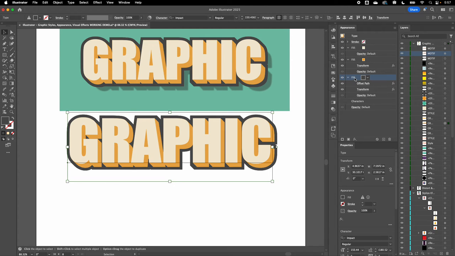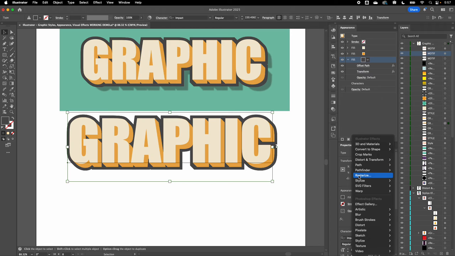Now I want to take this fill, and notice that each of these fills has its own drop-down arrow. This is a fill, and that one doesn't have anything going on. It's just at 100% opacity. This one has a transform on it. This one has a couple things going on already, offset path and transform, and we're going to add one more to it. So we'll go in now, and this is where we'll also, off this bigger underlying fill, do our